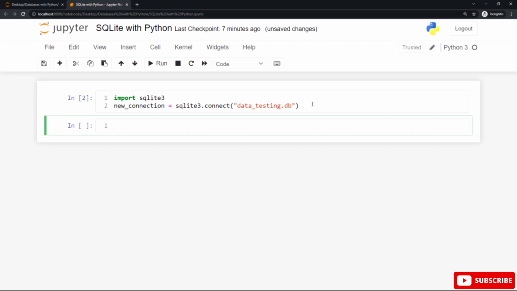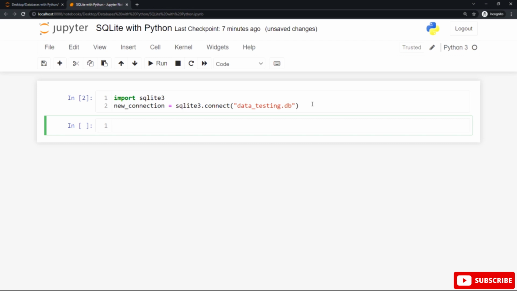And you know this connect built-in function is used to create a new database or to connect to this database called data testing to start this connection from the SQLite 3. Assign this to a variable and you can call it any name you wish. You can call it new connection, or any valid name, any descriptive name you wish. Follow the rules for naming variables in Python programming language to call this variable easily.